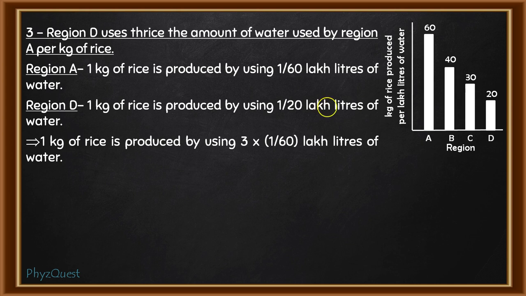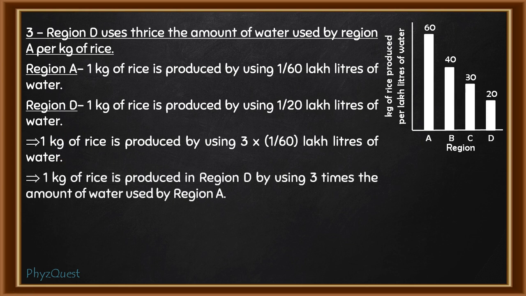Instead of writing 1 by 20, here we have written 3 into 1 by 60 lakh liter of water. It will be the same. So now 1 by 60 lakh liter of water is used in region A to produce 1 kg of rice. So this statement we can write for region D,